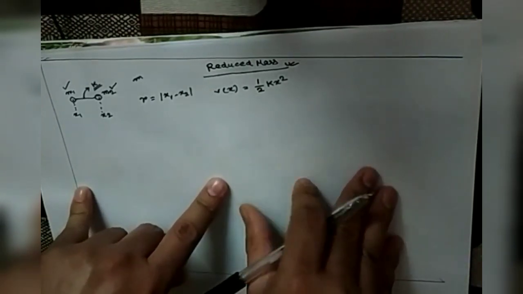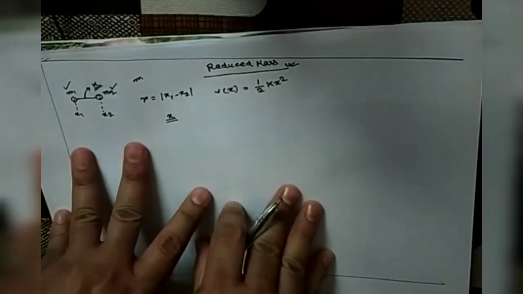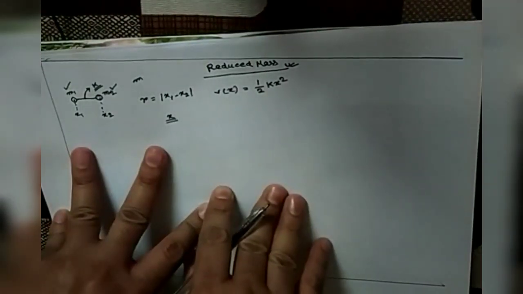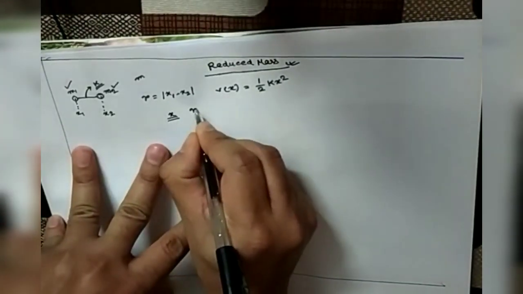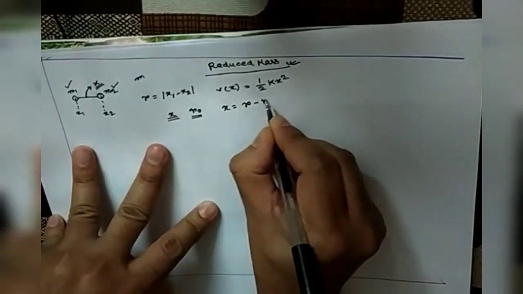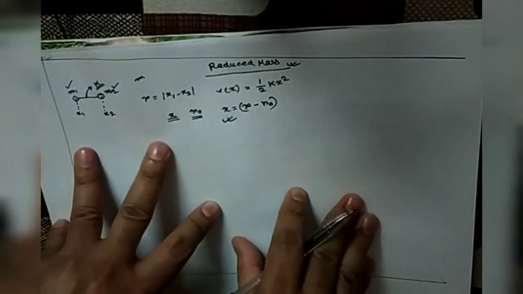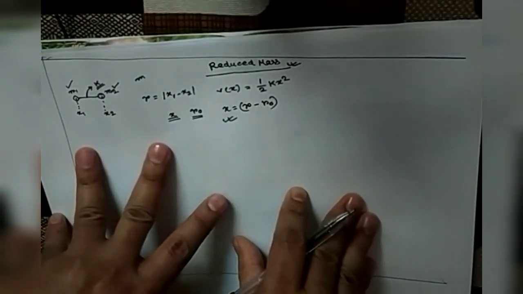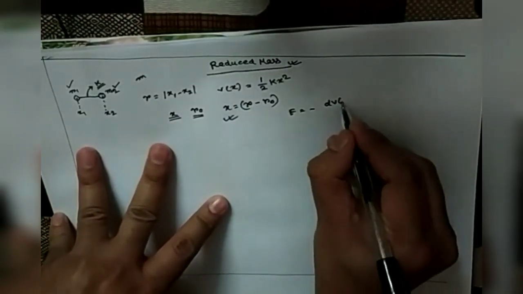And what is this x? This x is basically the deviation from the equilibrium bond distance. The equilibrium bond distance is the bond distance where the potential energy V(x) is minimum. At that point, if the equilibrium bond distance is r0, then x is basically r minus r0, the deviation from the equilibrium bond position. And the force acting between the two atoms can be expressed as F = minus dV(x)